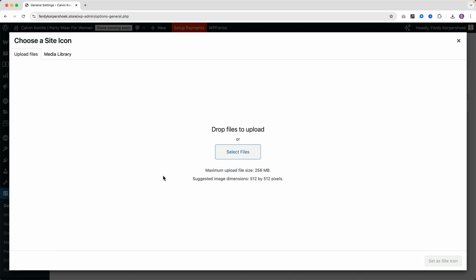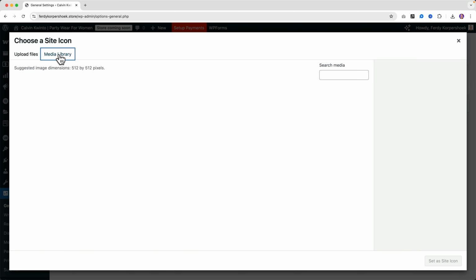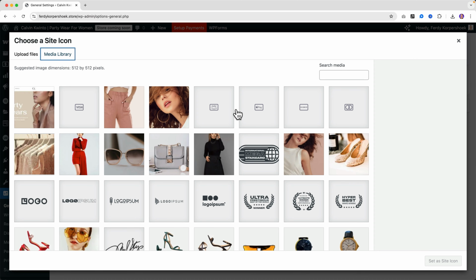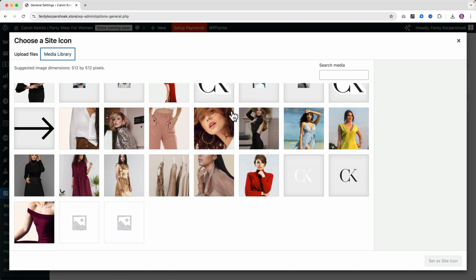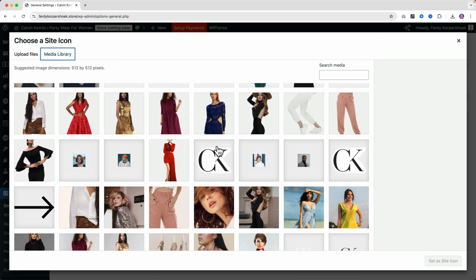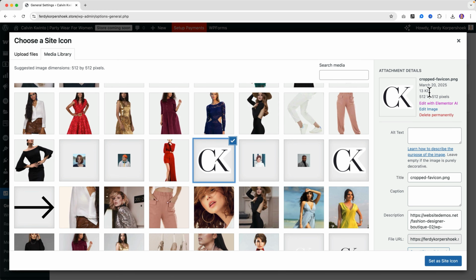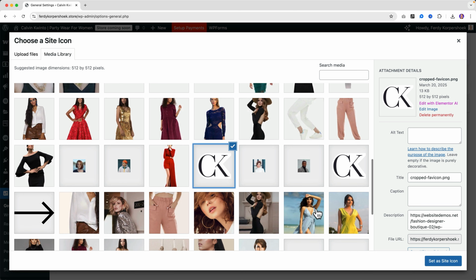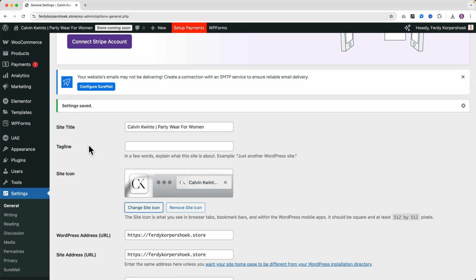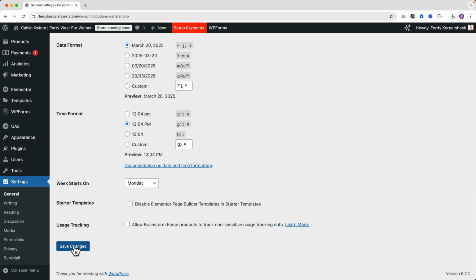I click over here. I go to the media library and there are already a lot of images that came with the template. So I want to choose this one. It is square. It is already the cropped favicon. So that's perfect. I want to use that one. If I click on set a site icon and I save the changes,